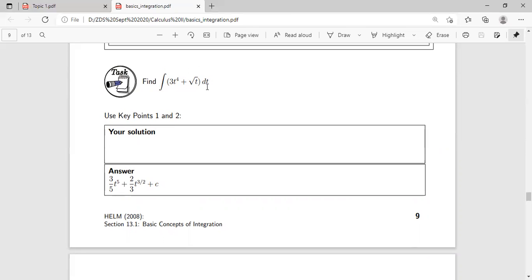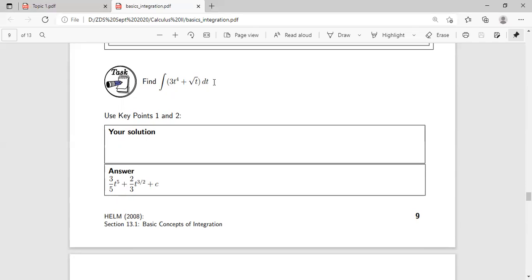If we add them together, we work them separately. We start with the first one: we remove 3 outside. For t raised to 4, we add 1, giving t raised to 5 over 5. Then we open the bracket, so we have 3 over 5 t raised to 5, plus,